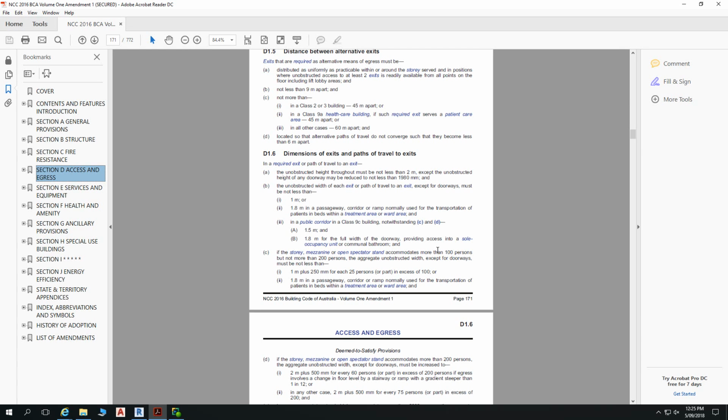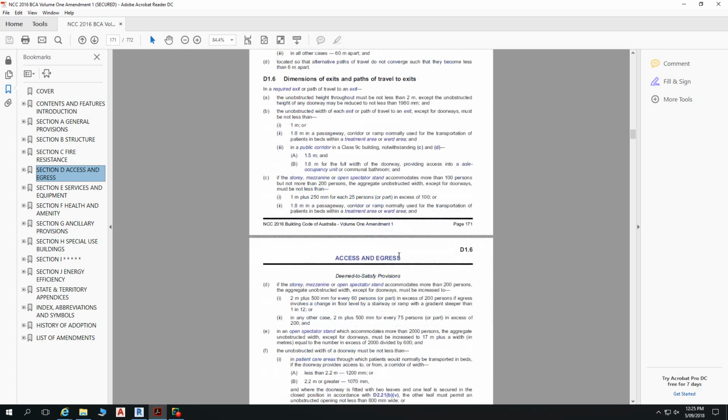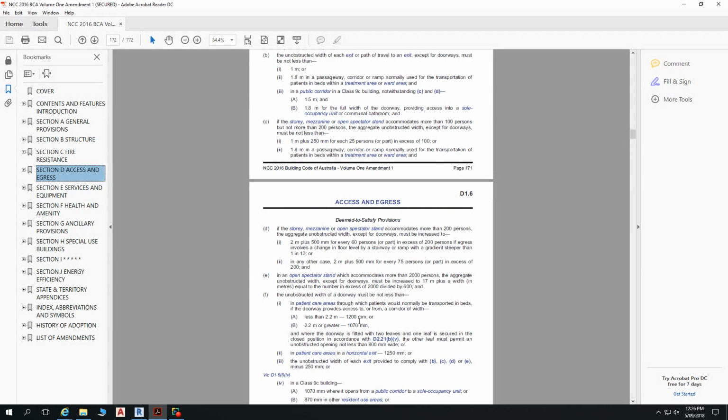But certainly our 1 meter may be a consideration to people, or in a public corridor or not a Class 9C building. Then we're not going to be, story mezzanine, open spectator stand accommodates more than 100 persons, no, or more than 200 people, no, etc. So that first one, yes, that's the one that stood out to me. But have a look at that, the dimensions of exits, and